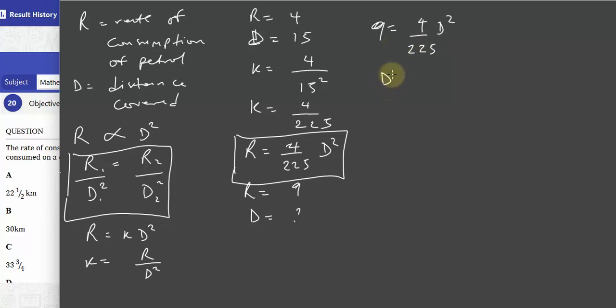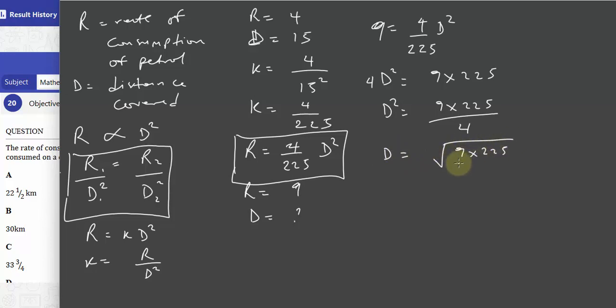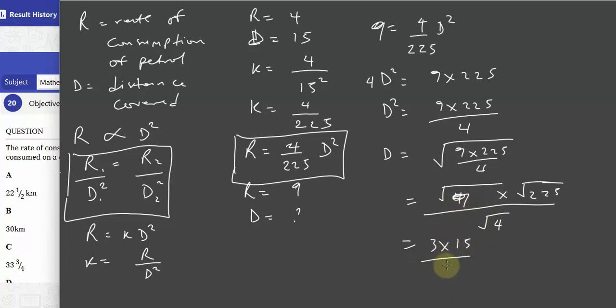If you cross multiply, this becomes 4d squared equals 9 times 225. Then d squared equals 9 times 225 over 4. Then d becomes the square root of 9 times 225 over 4. So we can look for the square root of each part since we have division and multiplication involved. This is 9 and this is 4. So if you do this, you're going to get 3 times 15 over 2,